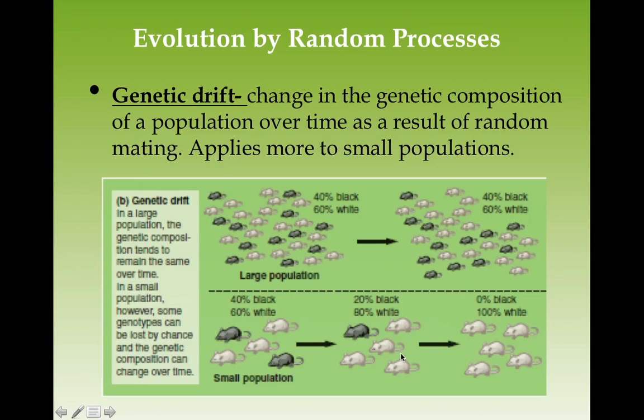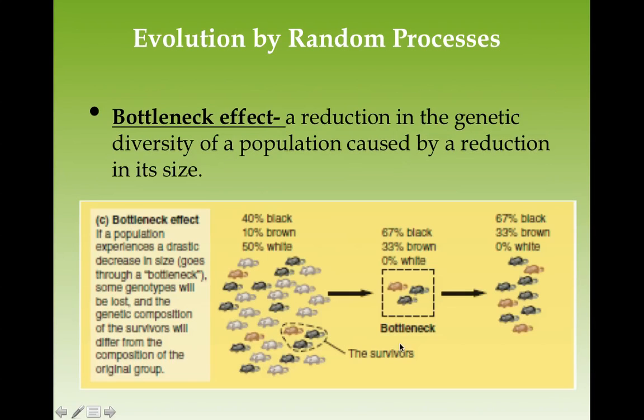The chances of this happening would be much greater in a smaller population as opposed to a large population, where having a select type of individual mating and another type not mating is more likely when you have fewer to choose from. Okay, bottleneck effect, again, maybe